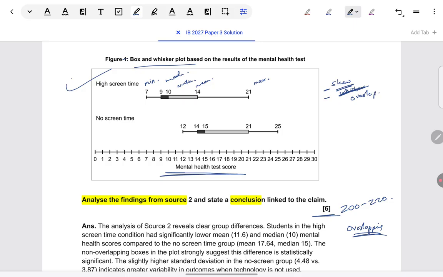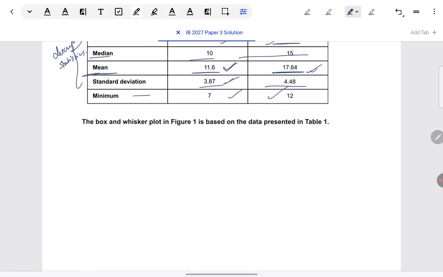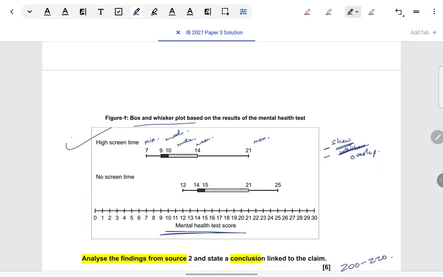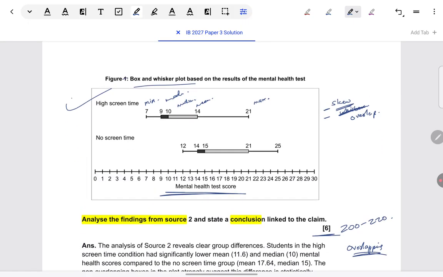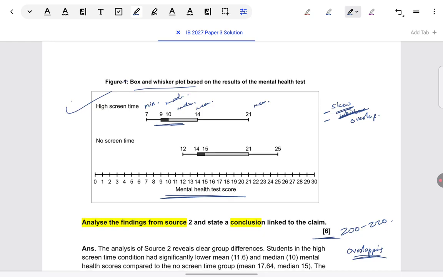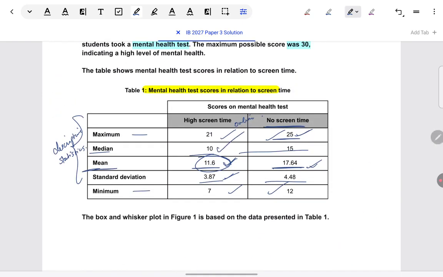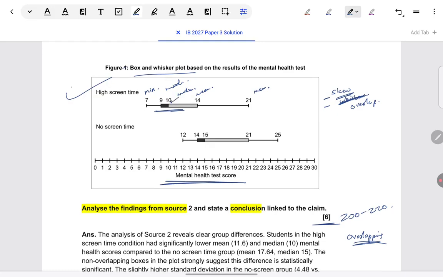So what I would advise is from the table, you look at the exact values. For example, mean is given precisely here, 11.6. When you look at it in the box and whisker, it becomes a little obscured. What is the exact value? Like 11.6, you might not be able to read very clearly. Also, because median is the main point of focus, median is 10, that is very clearly demarcated on box and whisker. Mean is not clearly marked out.